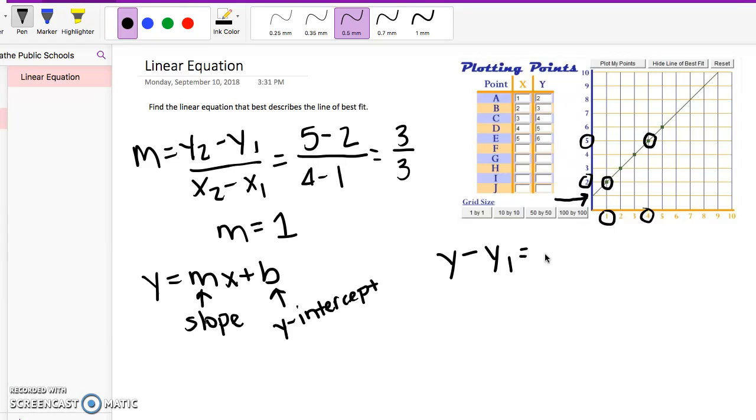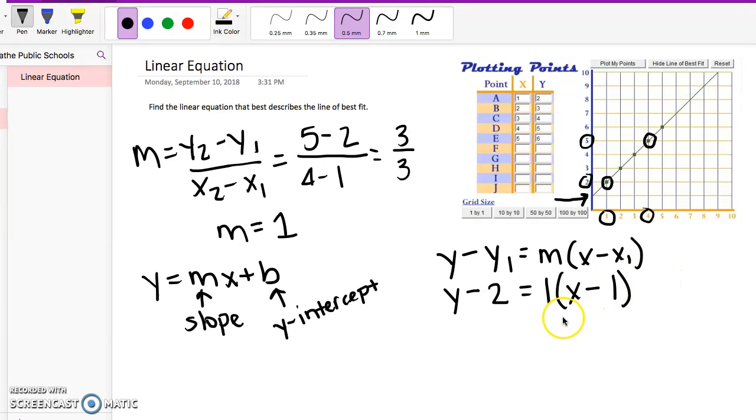So y minus y1 equals m times x minus x1. And I can plug in my y1, which was 2, my slope, which was the number 1, x minus my x1, which is 1. So this is a really simple equation now. Sometimes you'll have more decimals and more complicated numbers, and that's okay. You still do the same process. So I distribute,